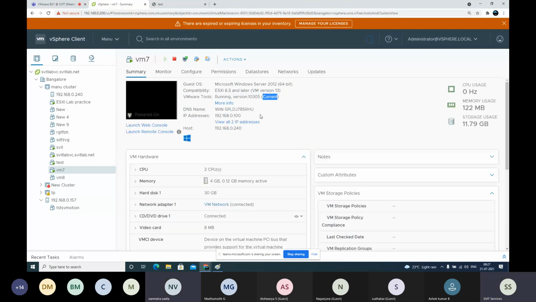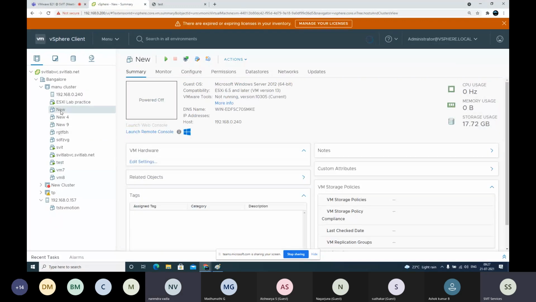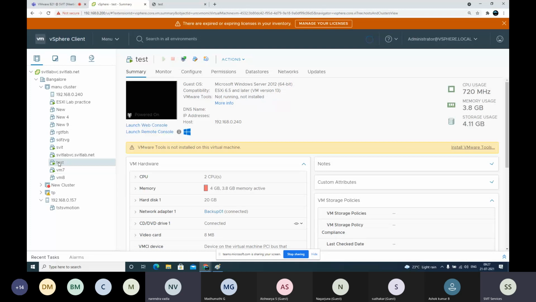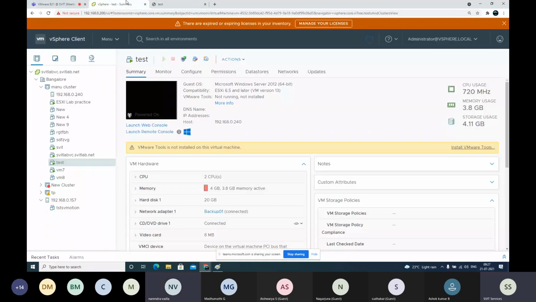It must be powered on. If you select a powered off VM, it's of no use. It's something like you have a pen drive. If you want to watch a movie, you should connect it to a powered on laptop, right? The same way it works here as well.